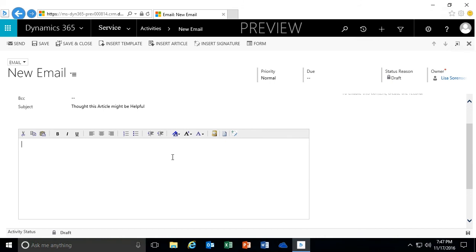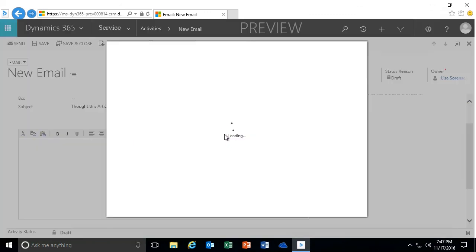And then once I'm in the context of my email, again, you'll notice that you have several actions that you have available other than the formatting actions. One of the ones that you have is the ability to insert an email template. But the one right next to it is the ability to insert an article. So I can click on that, and then using our standard KB searching tools that we've discussed previously,